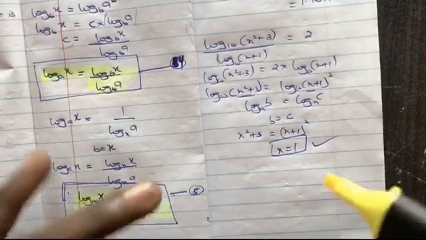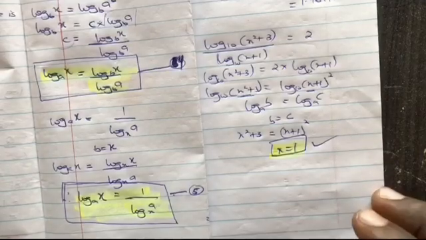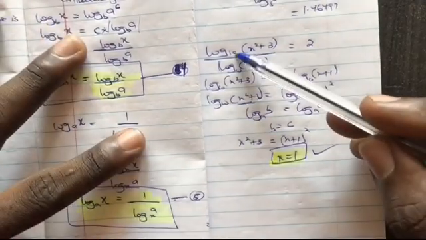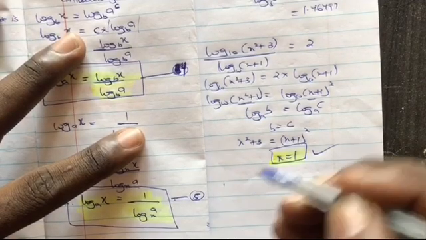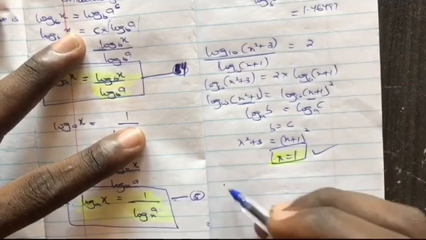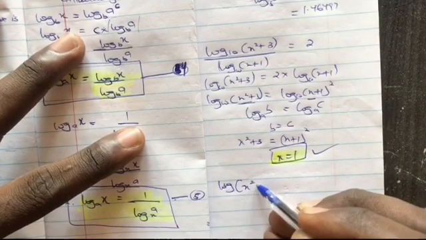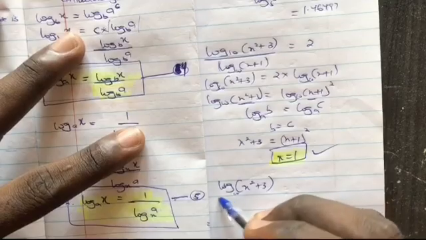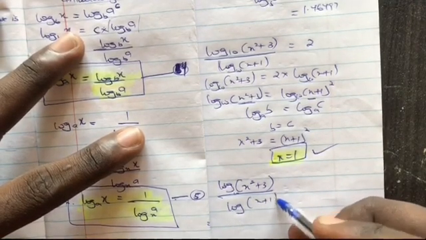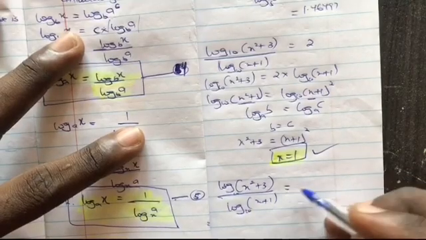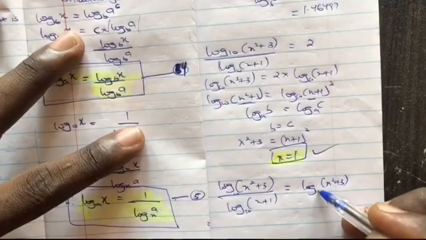Okay, so this is the first approach, but we're going to use the approach involving change of base. So how do you do that? So this is the new base, so we're going to convert it into the old base. So with change of base, this becomes the number and this becomes the base. So log x squared plus 3 to the base 10 all over log x plus 1 to the base 10 will be equal to log x squared plus 3 to the base x